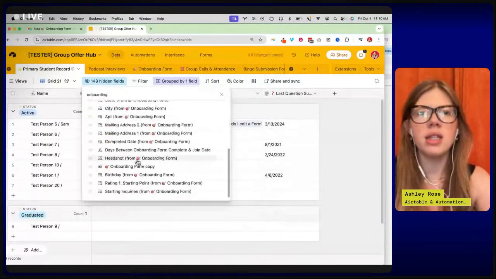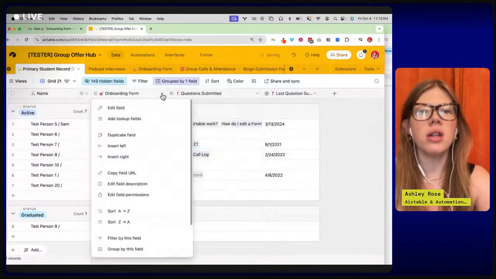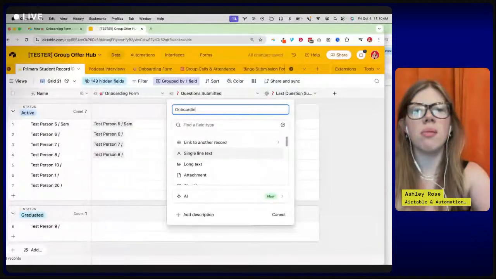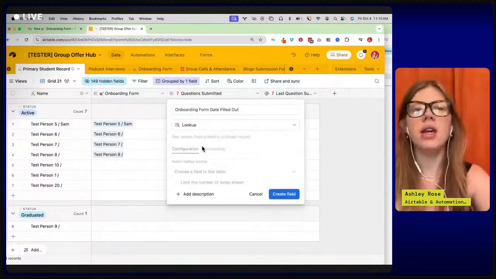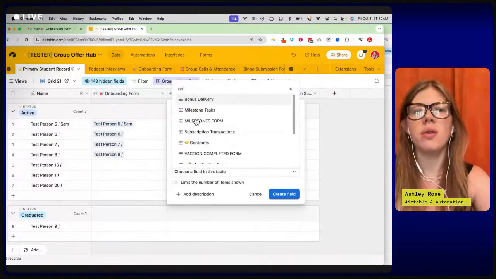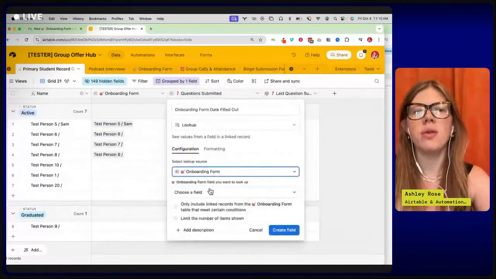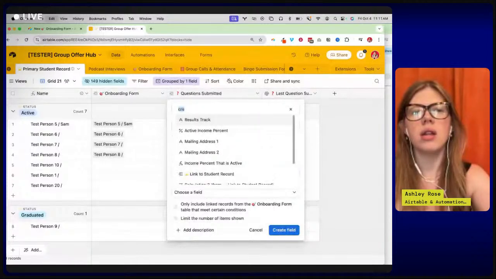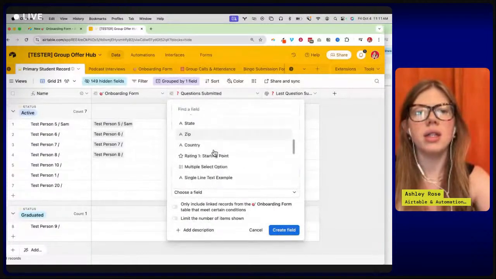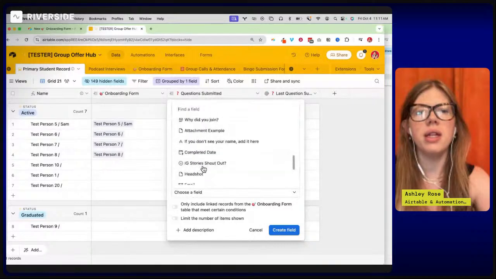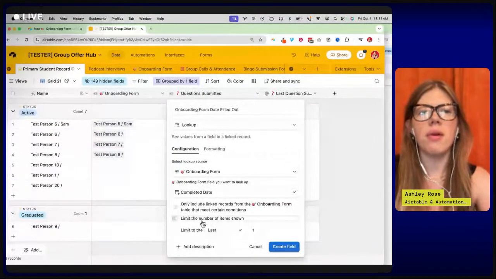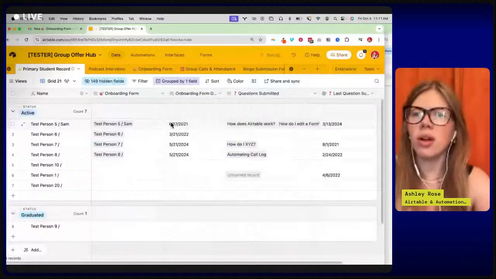I'm going to make what's called a lookup field. I'm going to say onboarding form date filled out. We can look up little pieces of information. In the onboarding form, I think it's called completed date, and I want to look up the date that they completed the onboarding form.